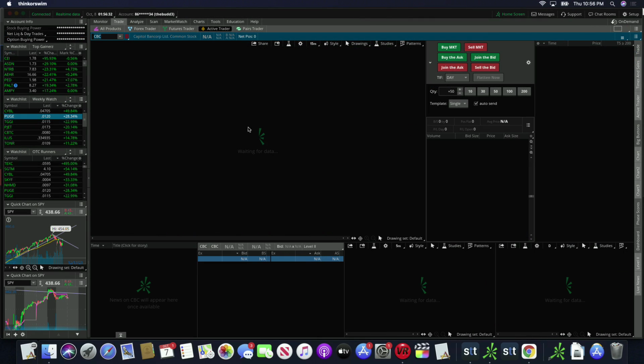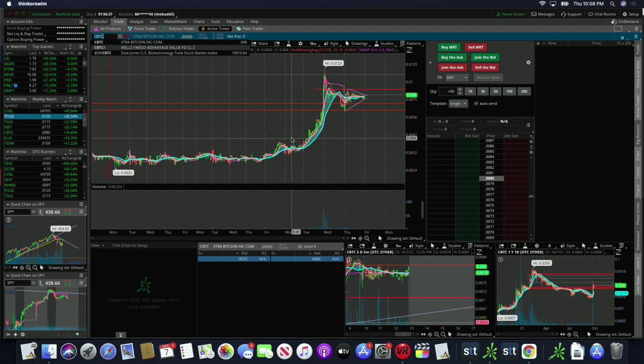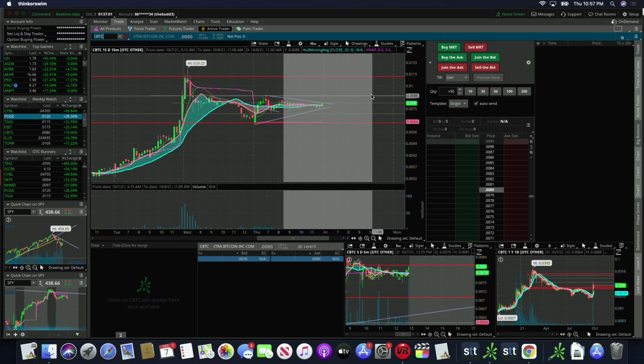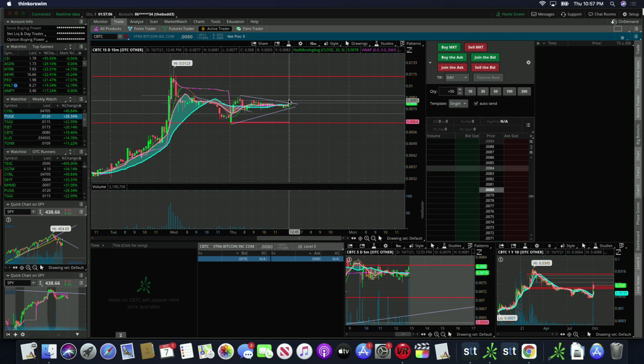CBTC, we can see had this big spike, and then just did a little bit of nothing. Had this really unfortunate fail in midday, only to bounce off of this support zone here. But now it's coiling, consolidating, and we have this big 15-minute consolidation trend here. So if we open north of our trend line here, in like the 8.3s,